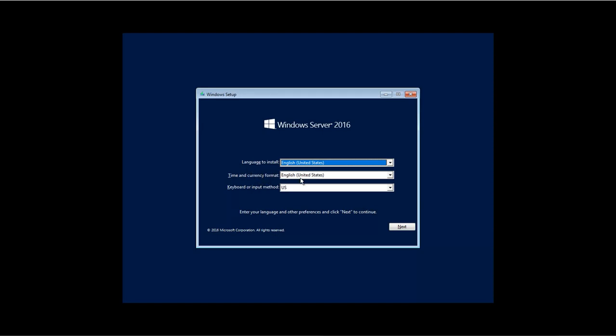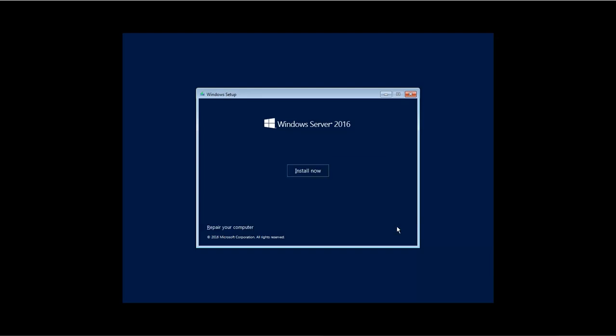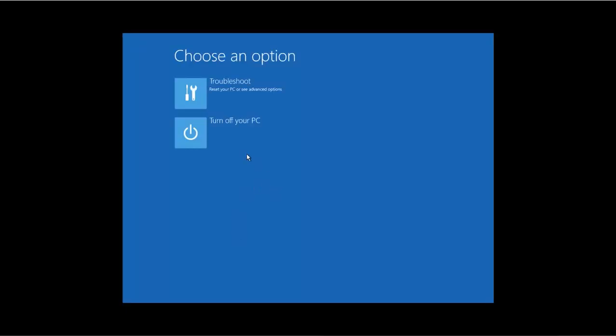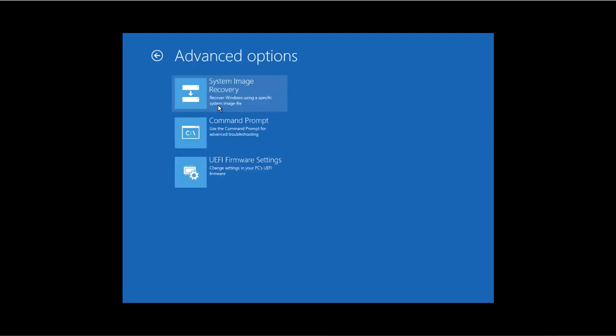You select the features you want and install. You can also repair your existing installation. If some files are missing, you can select to repair your existing operating system. You will get repair tools, troubleshooting tools, and the command prompt.